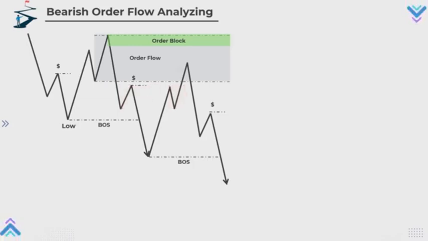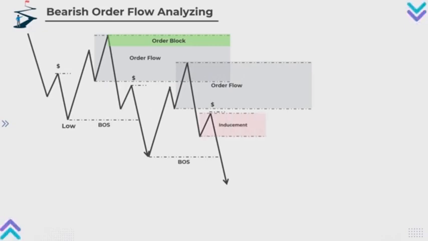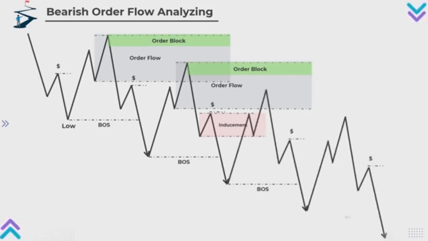Once again, we can identify an order flow zone here. This particular zone represents the last moment of buying pressure before the price drops and creates a break of structure. At the extreme end of the order flow zone, we have an order block. So, this scenario highlights the fact that price tends to respect the order flow zone more than order blocks. It's important to note that we use order blocks to optimize our trading strategies by identifying an optimized zone of order flows to set up our entry point, and also